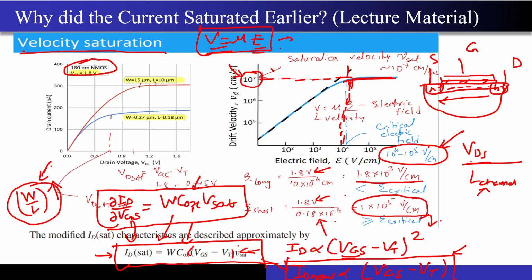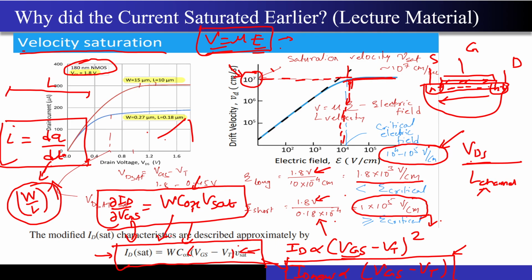So I will give you another intuition for this particular problem. Let's say this was the channel length that I had, correct? And what is I? I is nothing but dq by dt, correct? So what does this mean? If I take a cross section area like this, it is the amount of charge that can pass through this cross section area per unit time. So this is what is meant by the current.